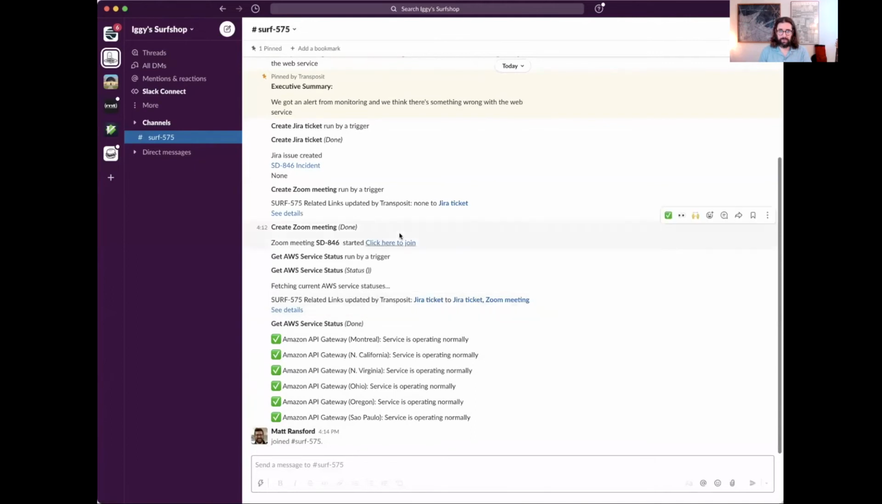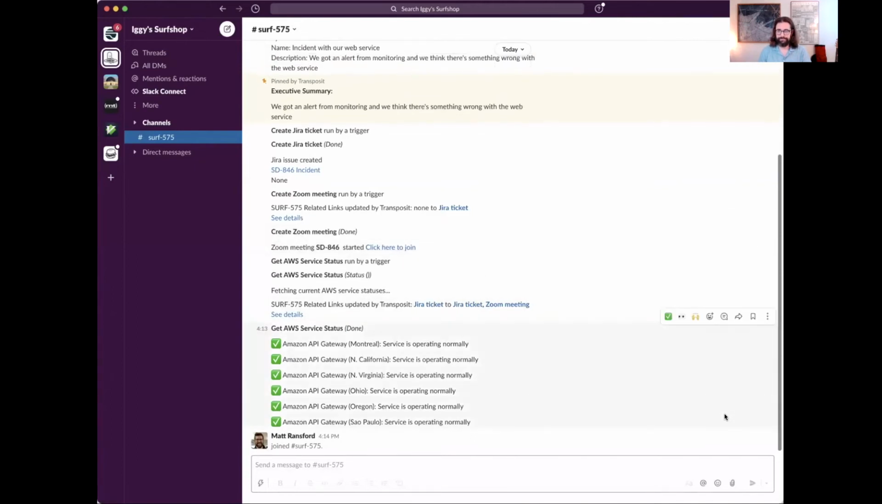And all of these URLs are the same as they are on the web UI. So you have this parity between the web UI and Slack. And we think that that's very important because we know that so many teams today spend their lives in Slack and really work there almost exclusively. So let's come back to